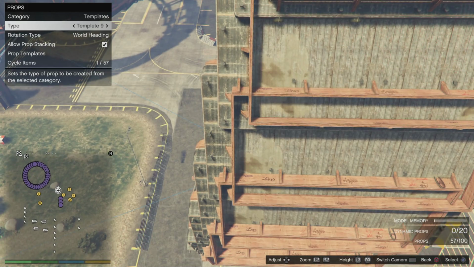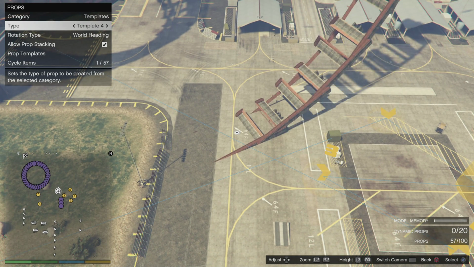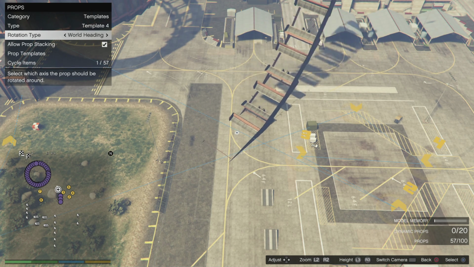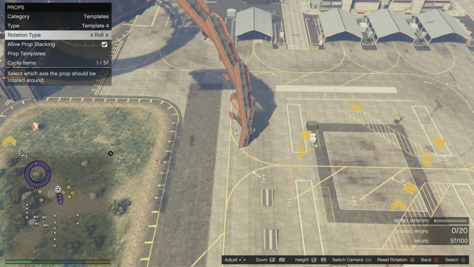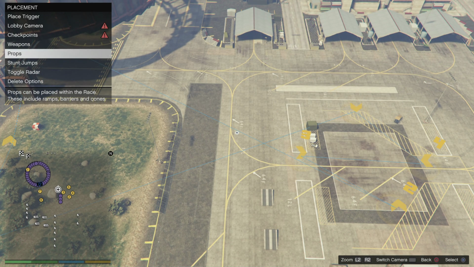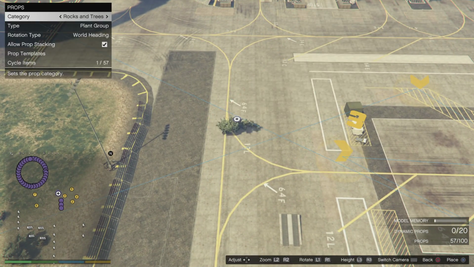Okay, let me find another one to show you. What's crazy about this is normally this spins it, but when you go to pitch it, it pitches it at an angle, rolls it sometimes when you make these. I found there's two ways to make sure it's continuously straight. One, either